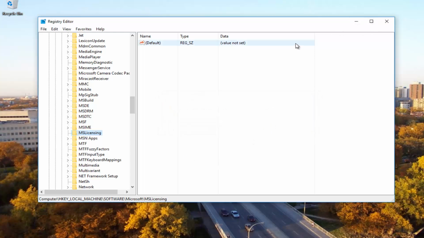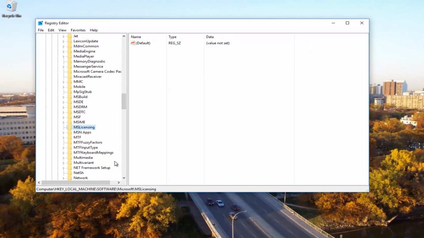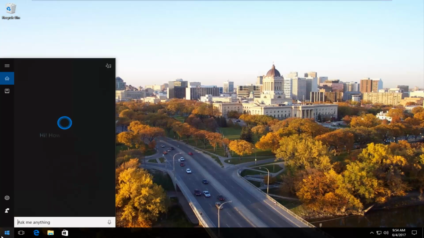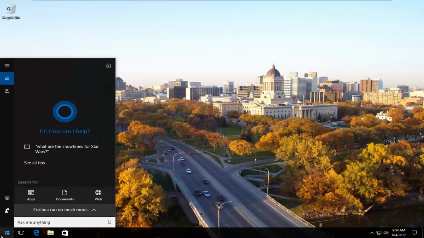So I just use my keyboard delete key. You can right click on it and then click on delete from the context menu as well. You don't have to do it the same way I'm doing it. So once I'm done doing that, I'm going to close out of the registry editor. If we were to go underneath network,